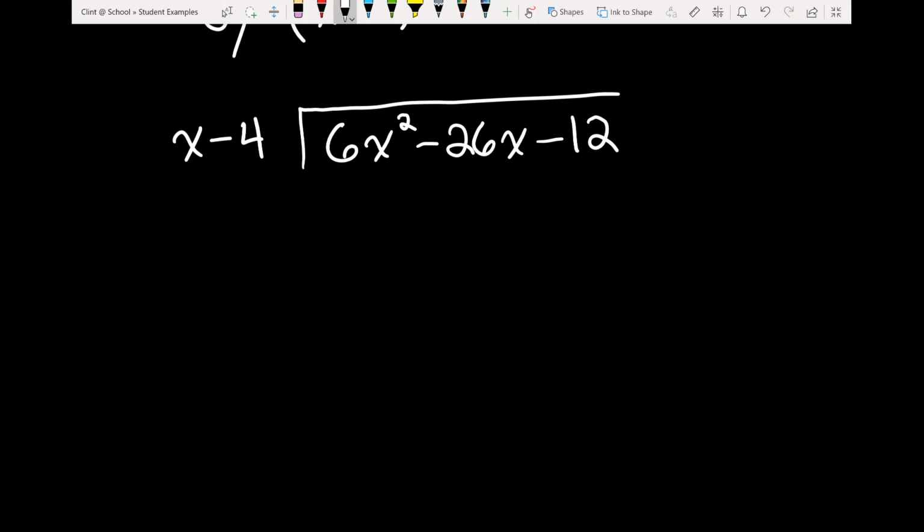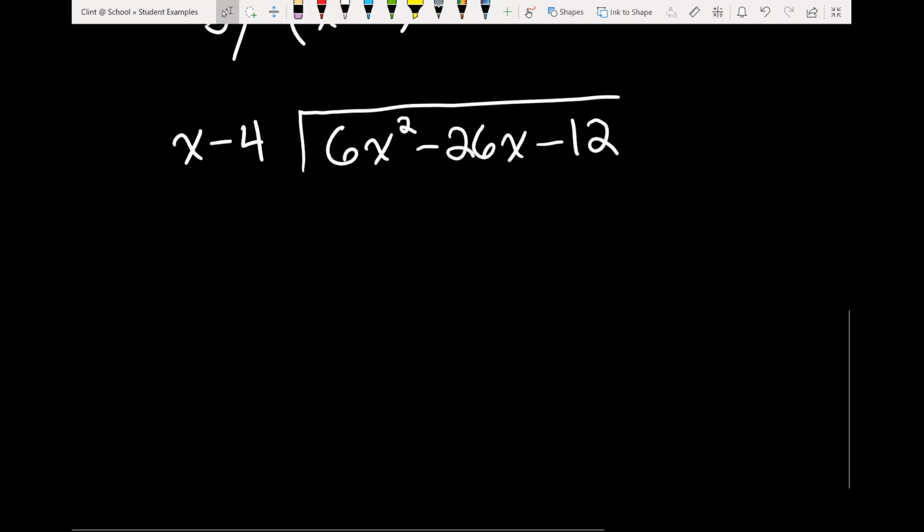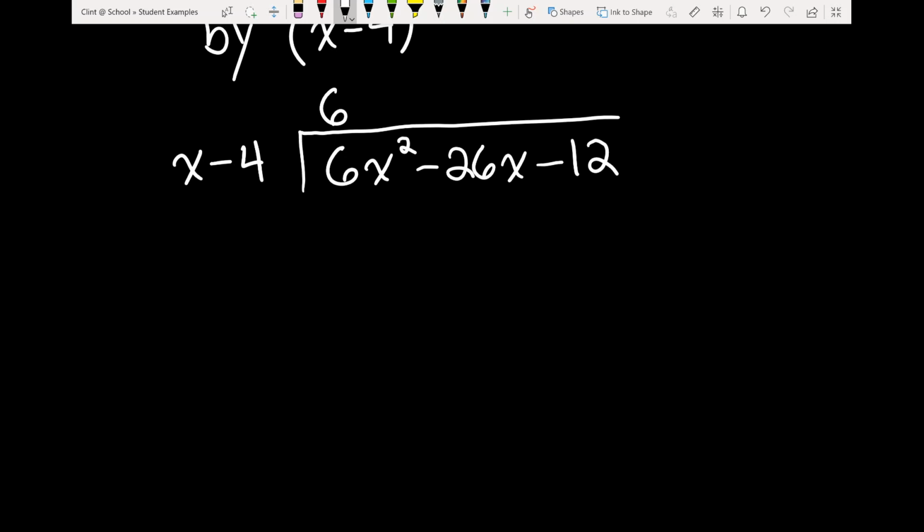Okay. So now we're just going to go through the same process here. What we're going to look at is this leading term, this x term, and we're going to see how many times it will go into the leading term of the one underneath the house. Or another way of thinking about that is, what do we have to multiply x by so that we end up with 6x squared? Okay, so it's just 1x. So we've got to multiply by 6. And then to get x squared, we also have to multiply by x. Okay. So now we multiply. When we multiply, we're going to multiply the 6x by every term we have out front. So we'll do 6x times x. 6x squared. That's what we want. That should always match. 6x times negative 4